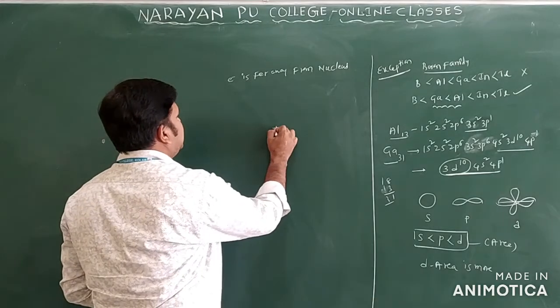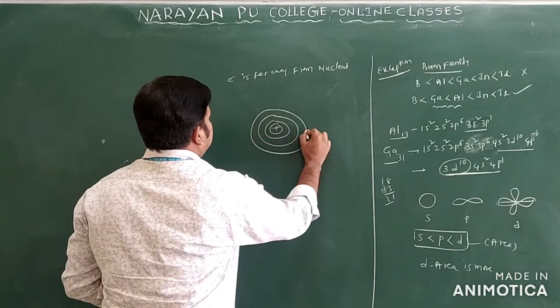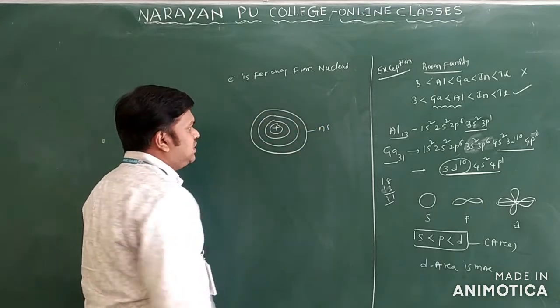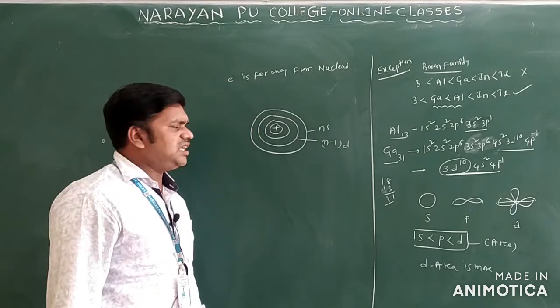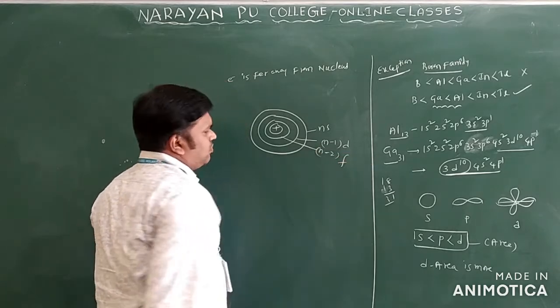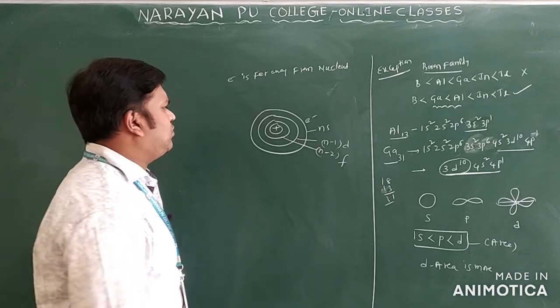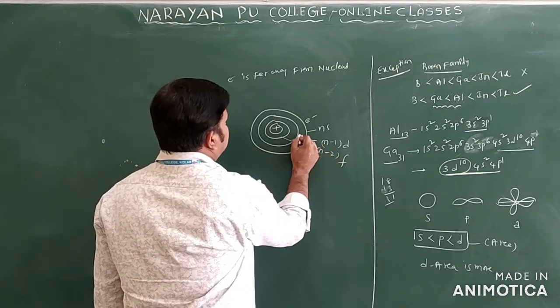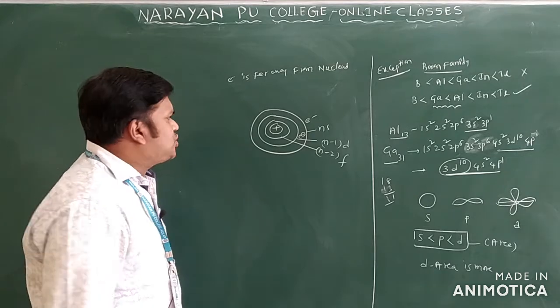So this is the nucleus, and here some orbitals are there. You can imagine this is ns, this is the (n minus 1) d orbital, and this is the (n minus 2) orbital. So here the electron is there. That electron we call the outermost electron. Here in the (n minus 1) d orbital we also have one electron. Clear? So here you can observe this.